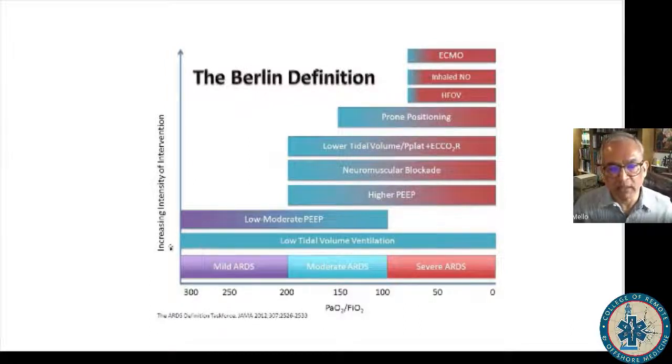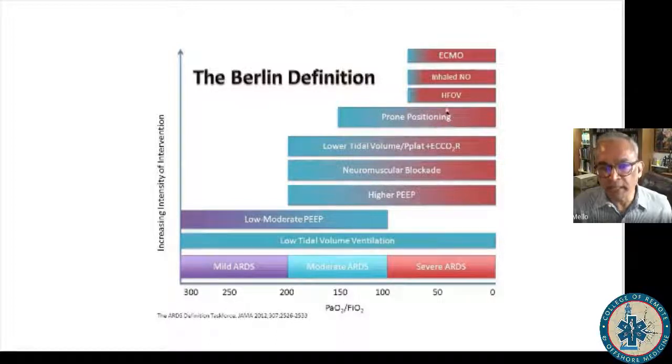If you've got a normal patient, you would look at a low tidal volume ventilation, and as the disease gets more and more complex, you'd use low to moderate levels of PEEP, and if they're getting worse, higher PEEP, paralyzing them so that the machine, the ventilator, takes over the patient's efforts completely. You start using a lower tidal volume, and you make sure that the peak plateau is reduced, or try and remove the carbon dioxide by an extracorporeal means, or placing the patient to a prone position, as we've seen in